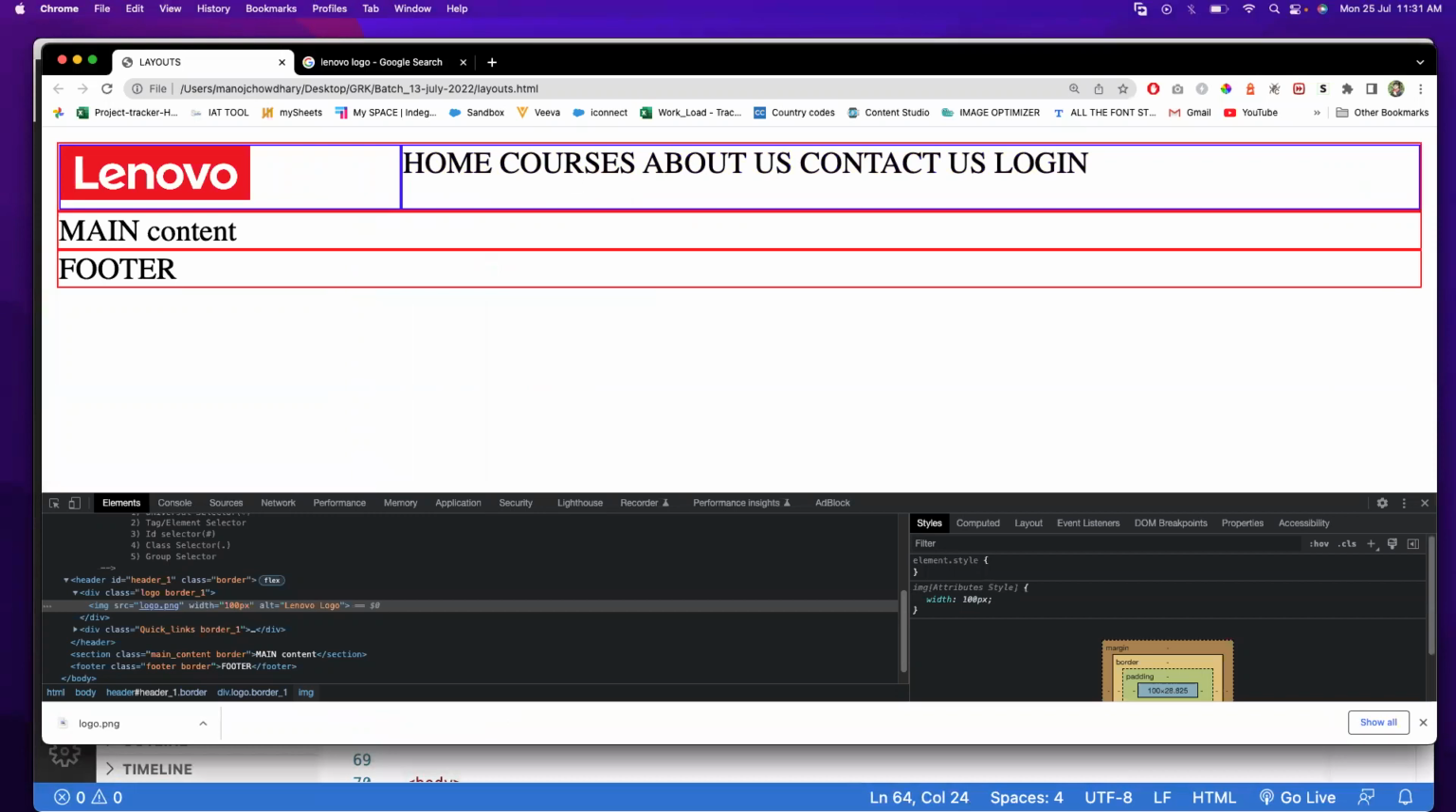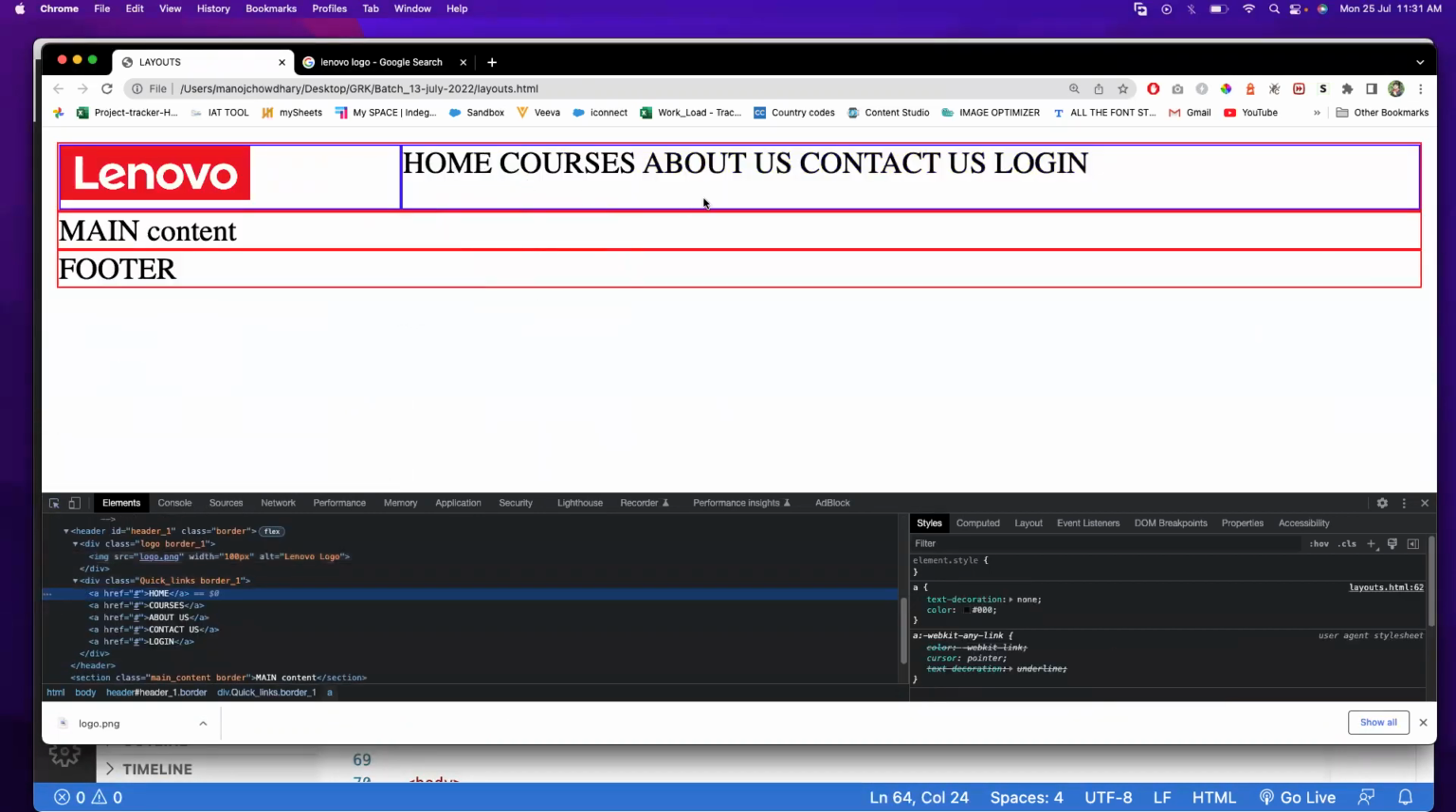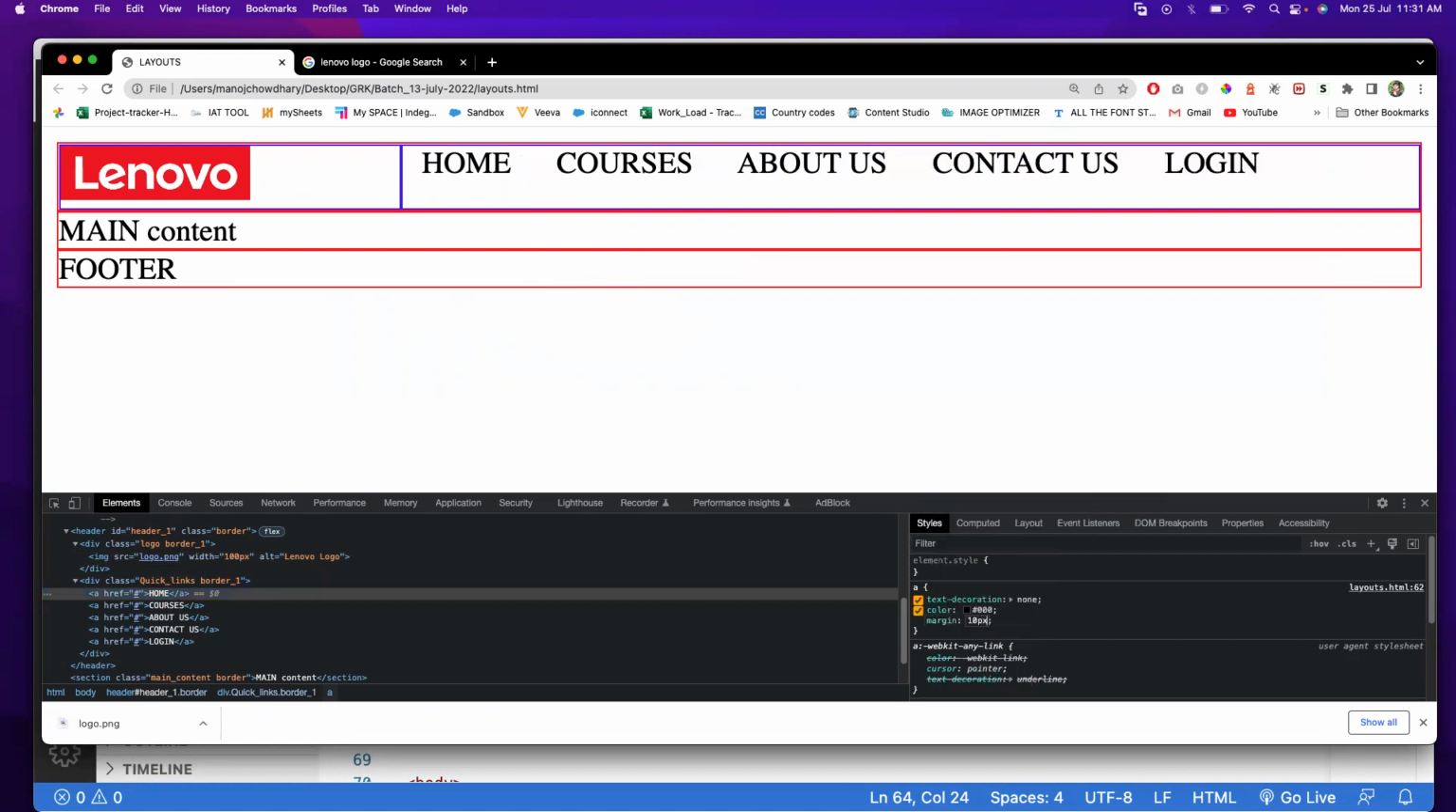Now what do I need to do? I need these elements to be on the right-hand side. But before that, if you see, these are like a simple sentence. I want to separate these elements, right? For that, what will I do? Padding I can use, or margin, anything I can use. Instead of padding, first I'll use margin. If I give margin as 10 px,